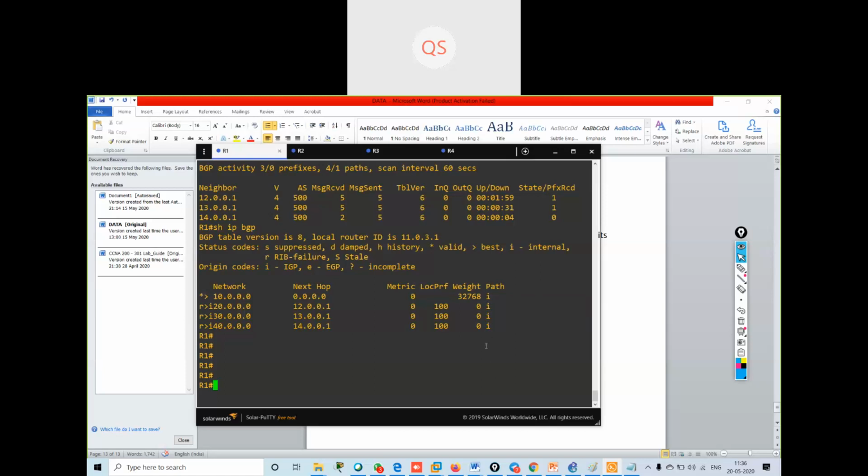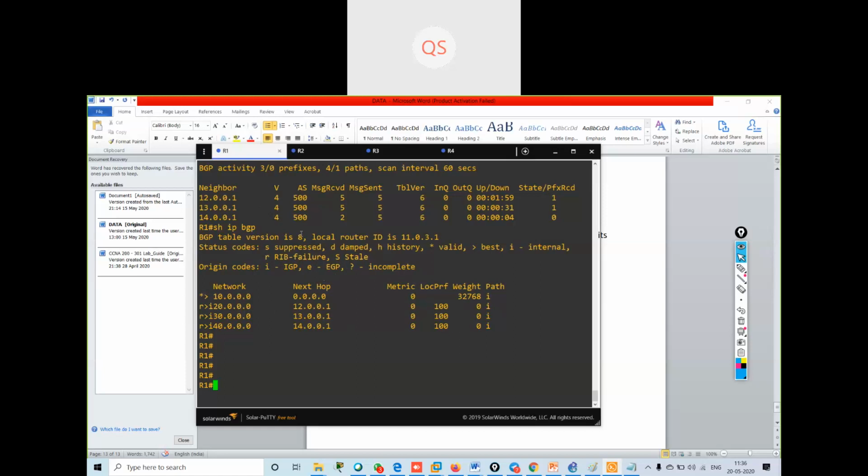Is that, if I redistribute any routes, what's the origin part? See, these three are the origin symbols or notations: I, E, and question mark. So I means, in this example I have considered the IGP protocol, so it is showing me IGP.